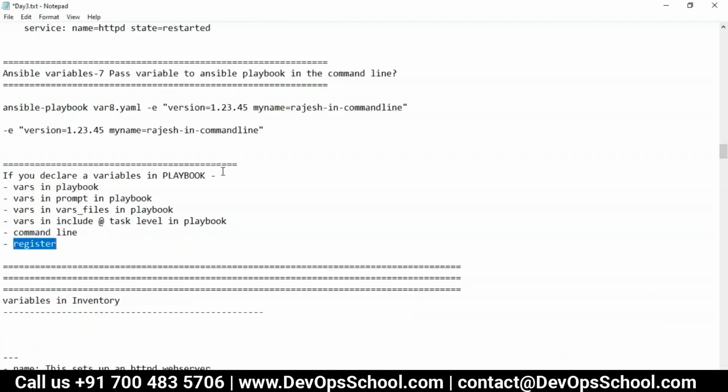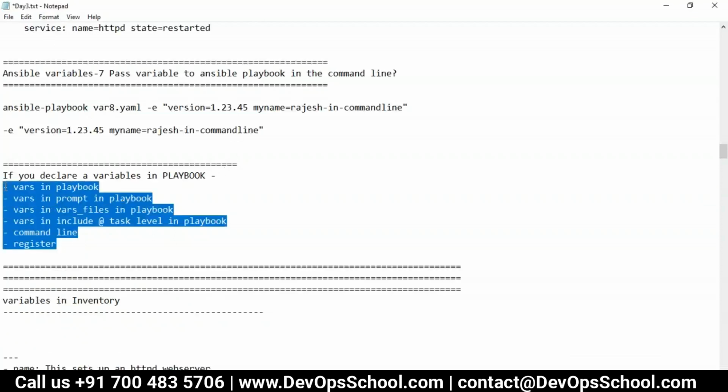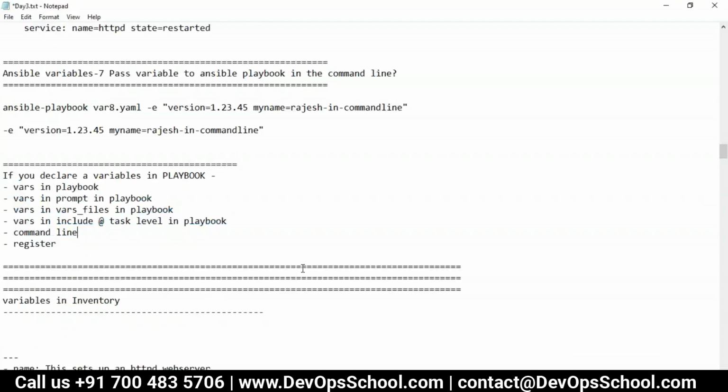Let me remind you, there are more than 30 different types of variables we can declare in Ansible, but hardly could we cover them all. I think the most important ones were 14 to 15. The remaining will be missed out for sure.